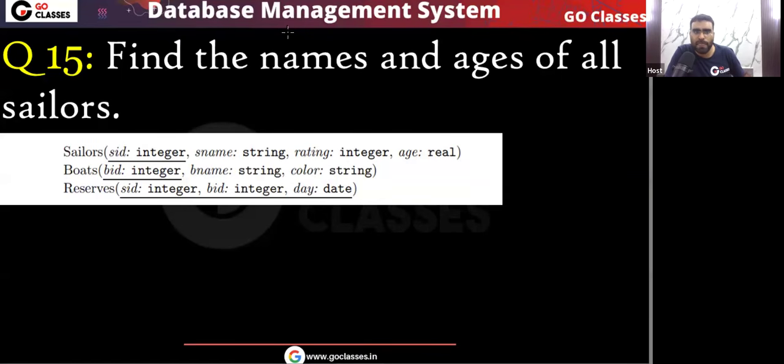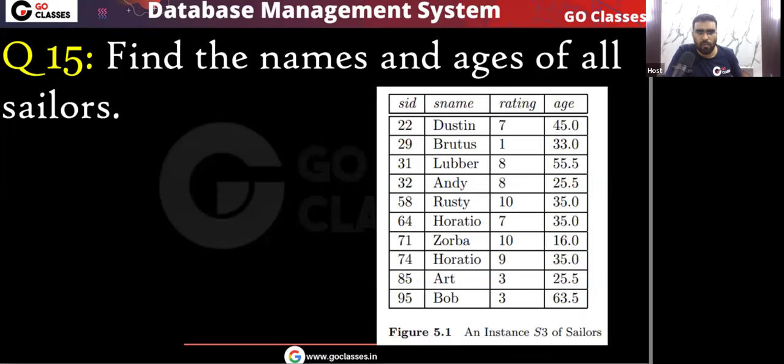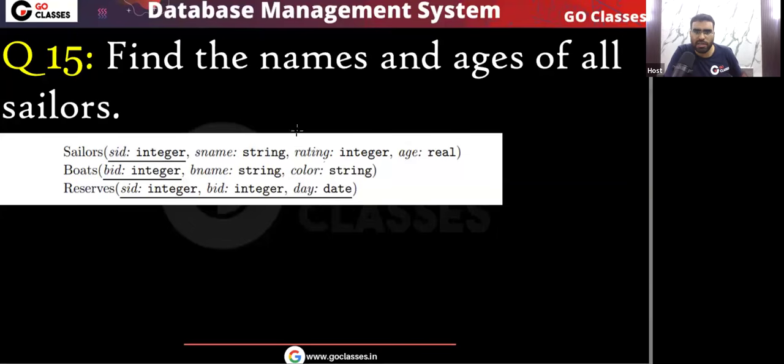So now you tell me, if I want this information, names and ages of all sellers, how many tables do I need? First, decide which tables you need. This is what you decide first. So you need only one table. Yes or no? I want names and ages of all sellers, so only this table is required. Very simple. From the sellers table,